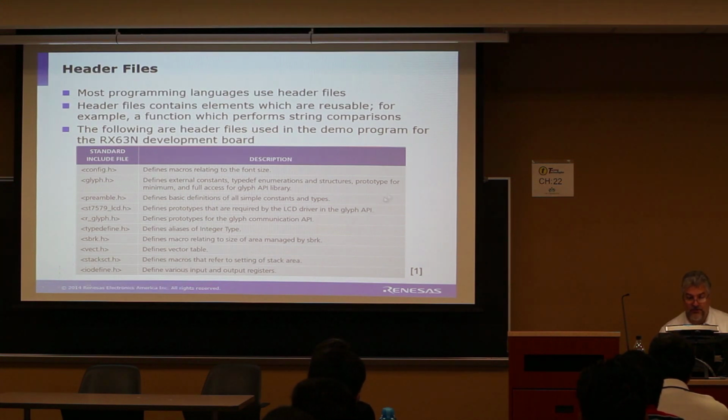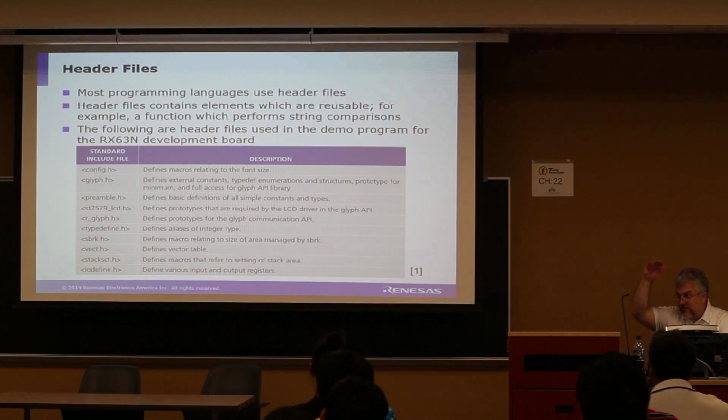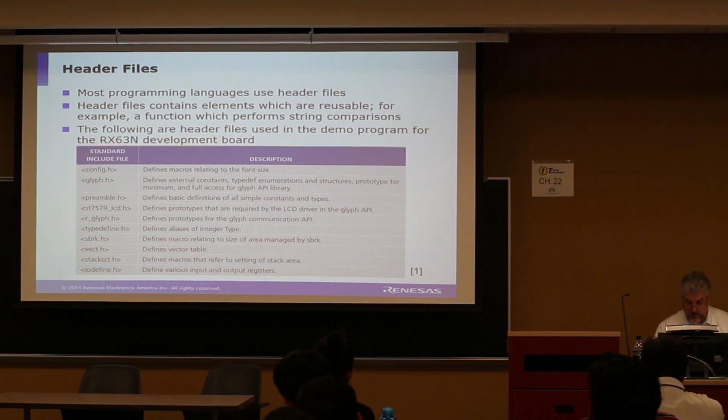As an example, macro sizes, I guess it's not in this list yet. Here we go. Define various input and output registers. That will identify that port 1 is this particular memory map location in the entire memory map for the processor. So if we were to look at the I/O defined,